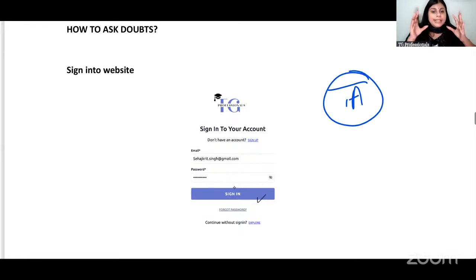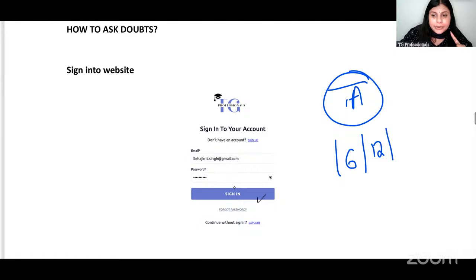But the effective way of asking your doubts is not today, okay? Right now, you can still use the WhatsApp group to ask doubts, the paid WhatsApp group that you are part of if you have enrolled. Once you enroll, you are added into a special WhatsApp group. You can ask your doubts there for now. From Monday, that means 16th of December 2024,